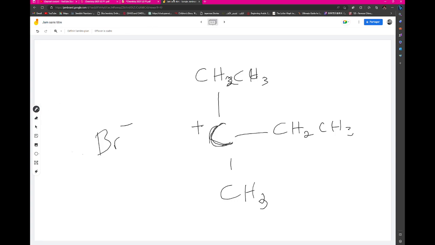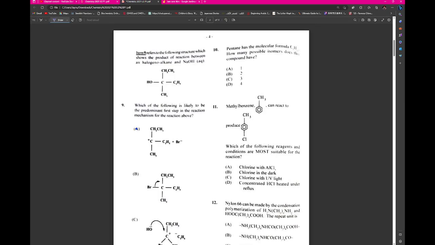Then we have the entire reaction. We're looking for the most probable first step, and it looks like A may be the most